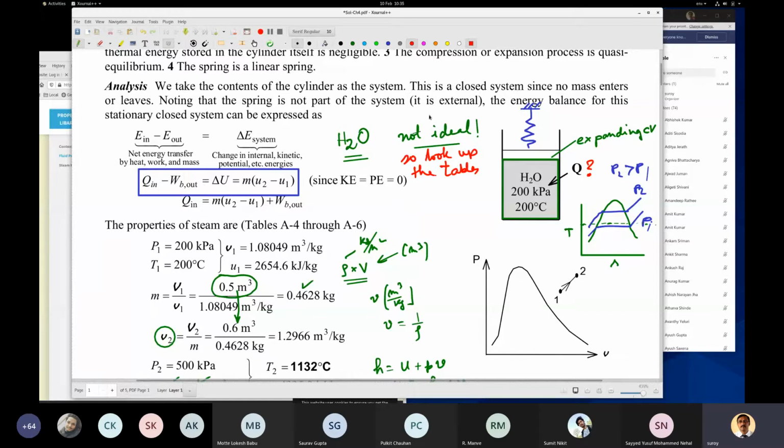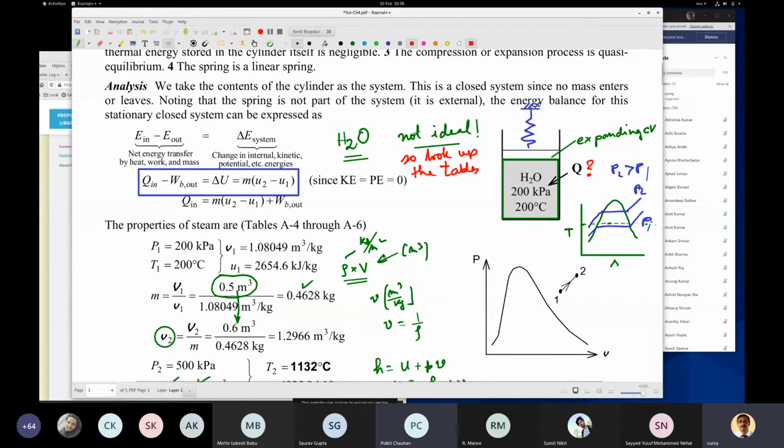So now there are circumstances where you can use ideal gas laws for vapor. When is it so? When the pressures are very, very small. Say in air there is moisture. If you look at the partial pressure of that moisture, the vapor, that is very, very small. There you can use ideal gas laws, but still we look up the tables. But not for ordinary steam at say 100 degrees centigrade, 200 degrees centigrade, never. It is far away from ideal. So always look up the tables.